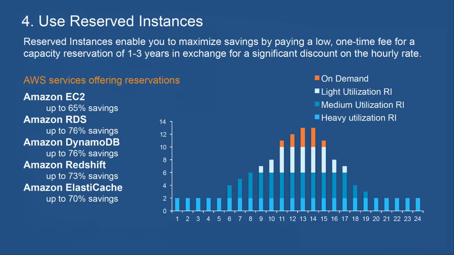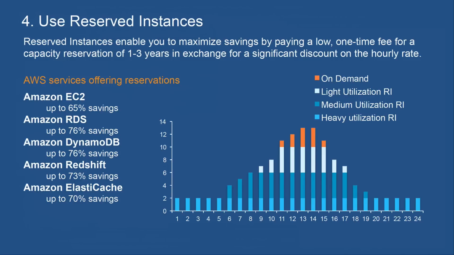You can see on the left there that you can drive up to 65% savings on your compute resources by using RI purchasing for them. So it's a super tool to use to minimize the costs of running compute workloads. And it doesn't just apply to EC2, it also applies to RDS, so you can prepay and reserve your RDS instances. I just did this myself last week for my personal blog. I prepaid for a year's worth of T2 micro instance to run the MySQL environment for my blog. I think it cost me $57 for the year to do that. So it's a very, very cost-effective tool for reserving RDS instances.